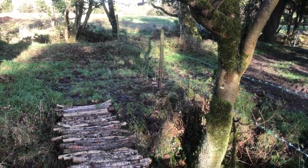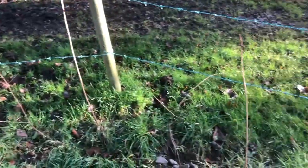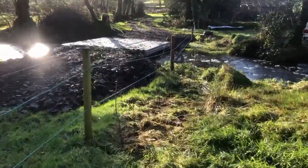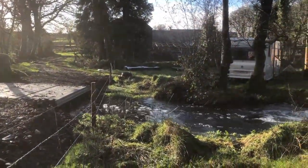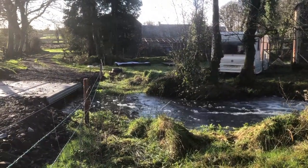And here is area 1 something. There's quite a lot of gilder rose, and towards the wetter area here we've put a few willows. And there's a few little bits and bobs across the stream as well, but it's very, very stony in that